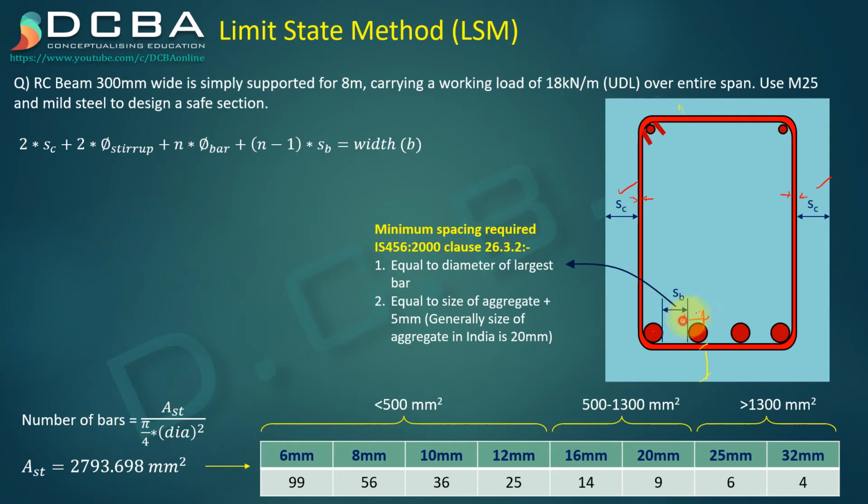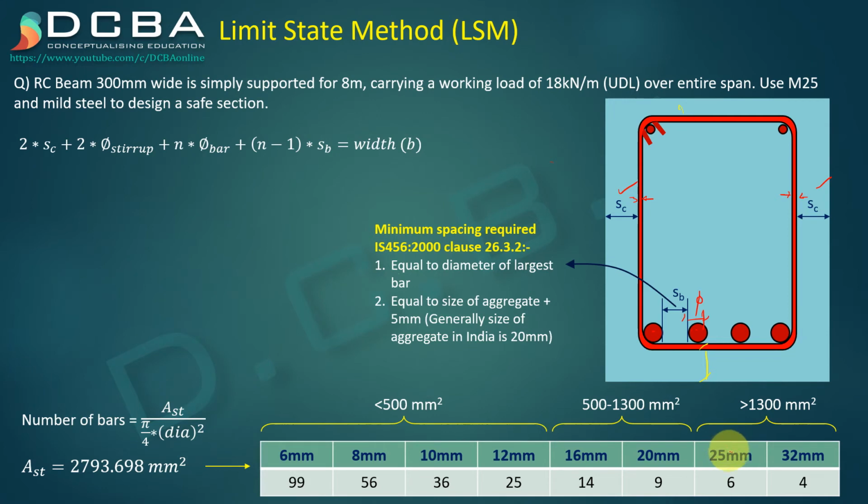So this distance, dia of bar, plus n minus 1. You see that here for 4 bars, how many spaces are we having in between? 3. 1, 2, 3. So the number of spaces will always be equal to n minus 1. Correct? So this space in between into n minus 1, that should be equal to the width of your beam. You just check this formula again and you will understand it is equal to the width of the beam. Right? And from this we can calculate how much spacing is being left.